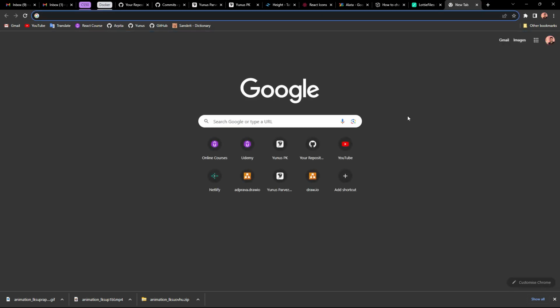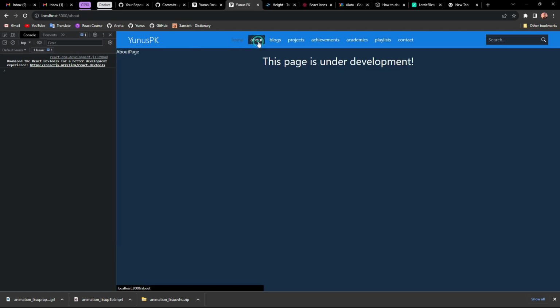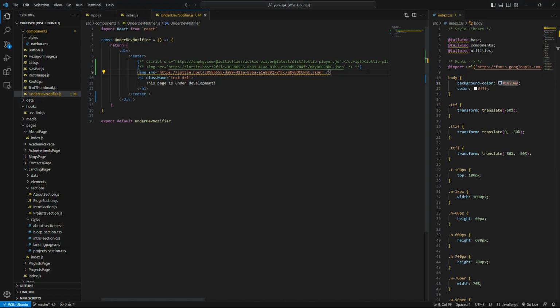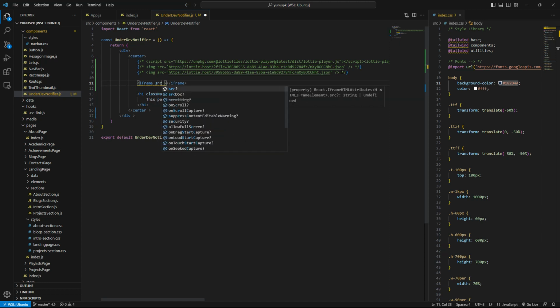I had an iframe, I guess, before, so let's try iframe just once. I'm gonna comment that again. We have this iframe now. This iframe is gonna have src, I guess.